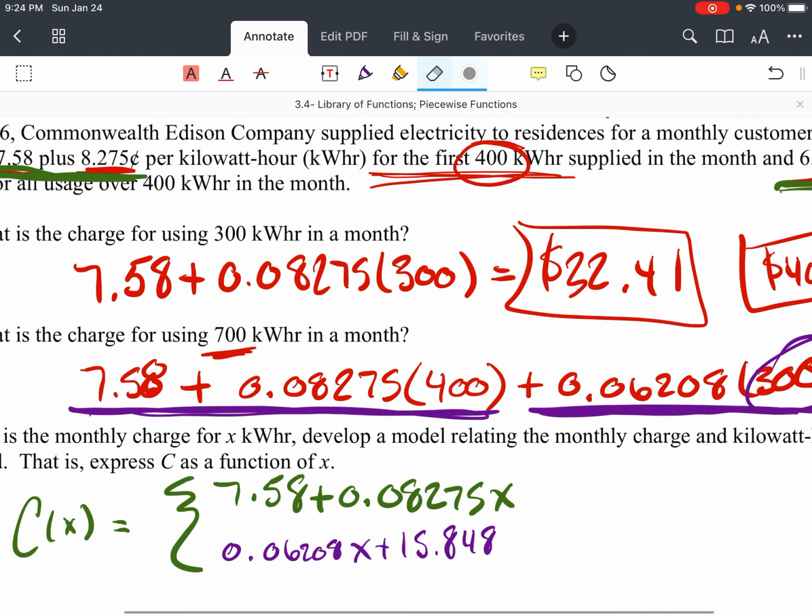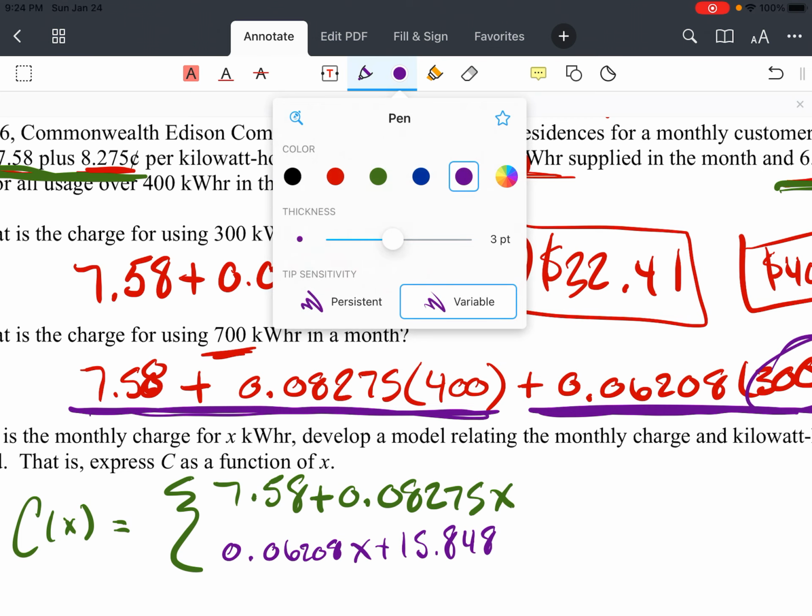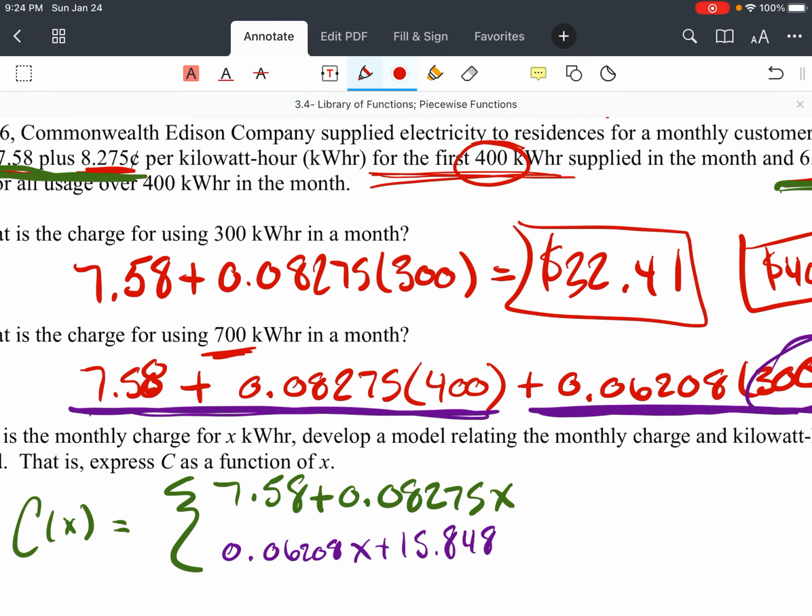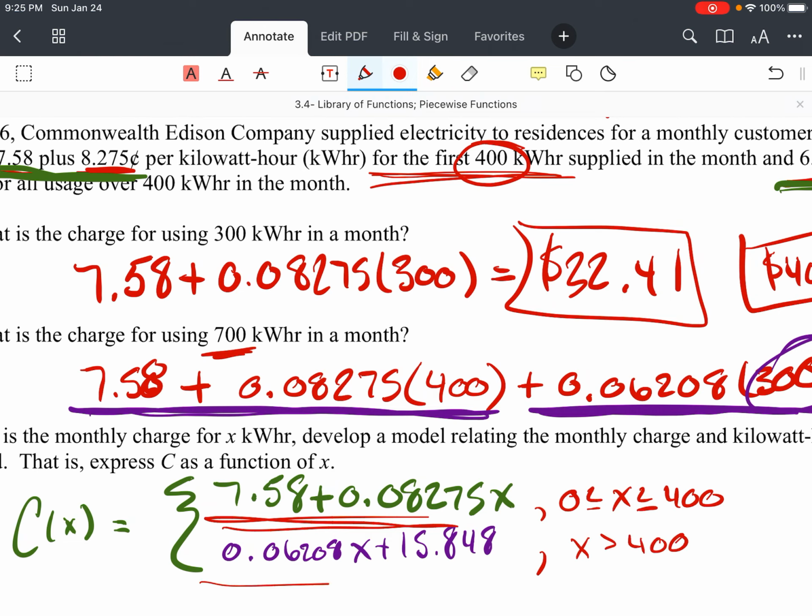Okay, and this is typically the easiest part. So remember that this rate up here actually only applies for the first 400. So I'm going to say that it's from 0 less than or equal to x less than or equal to 400. Okay, so this represents the first 400 kilowatt hours. Then anything bigger than 400